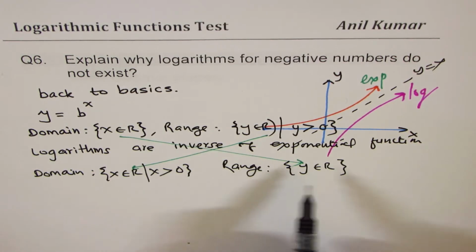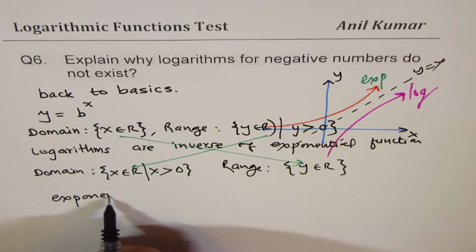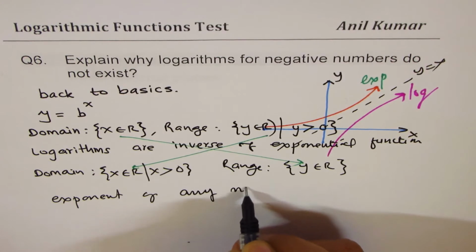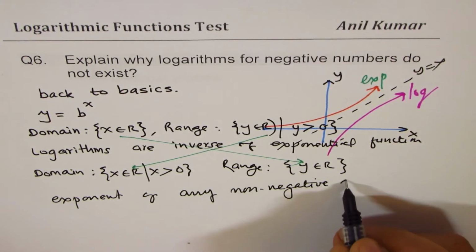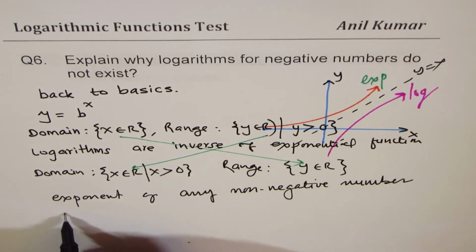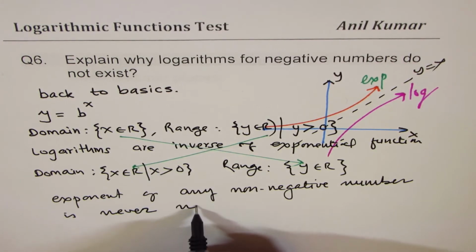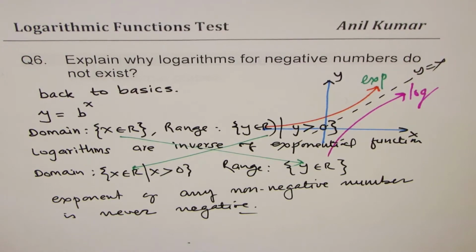So you could also say that the exponent of any non-negative number is never negative. Is it okay? So the exponent of any number is never negative, and therefore,